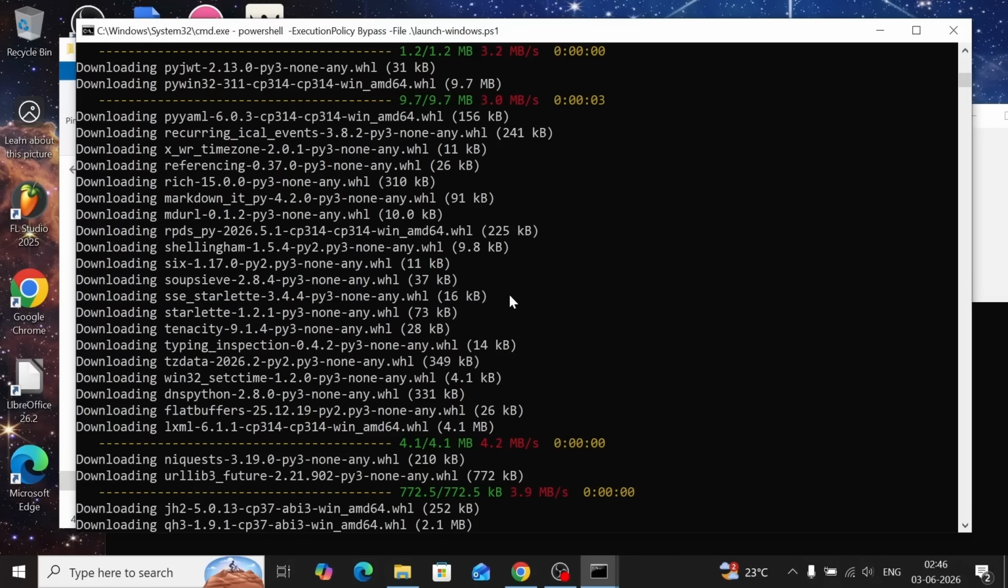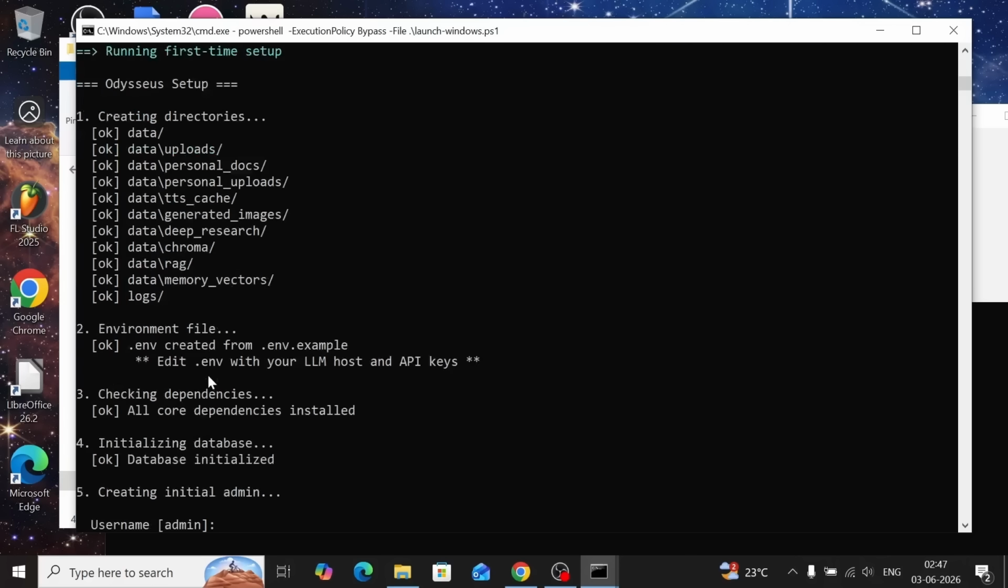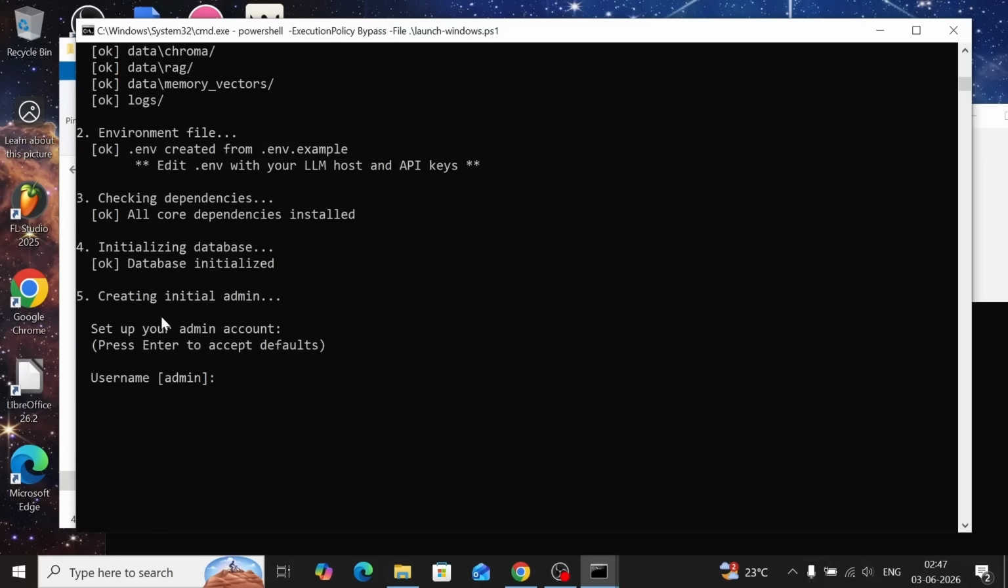So once it has installed the necessary packages, we'll be getting running first time setup, Odysseus setup. So if you just scroll down, we'll be having creating initial admin, set up your admin account. So just give a username. I will just go with root user, something like this, and hit enter. And next we need to set up the password. So just give a password. I'm typing it, but it's not visible. Just hit enter. We need to confirm the password, type it again,